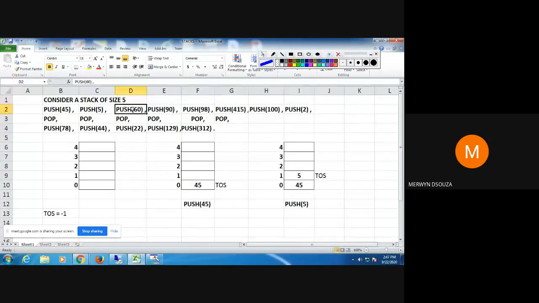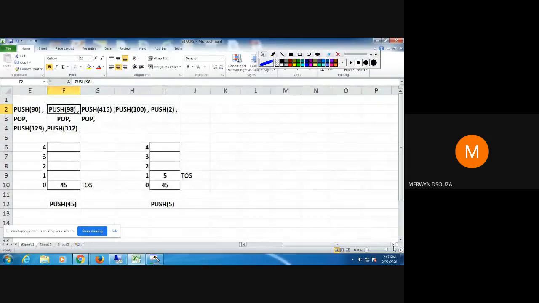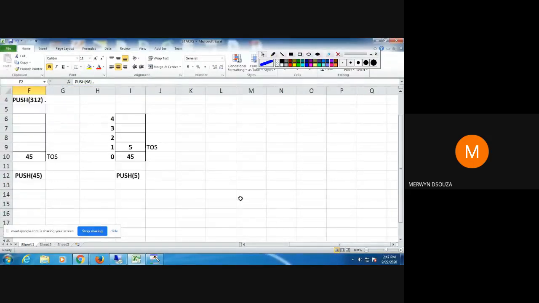Do up to here, do next three: 60, 90, 98. On your books, can you do it first? Do these three insertions 60, 90, 98. To draw this diagram again.